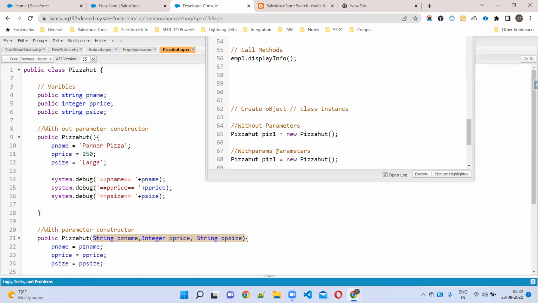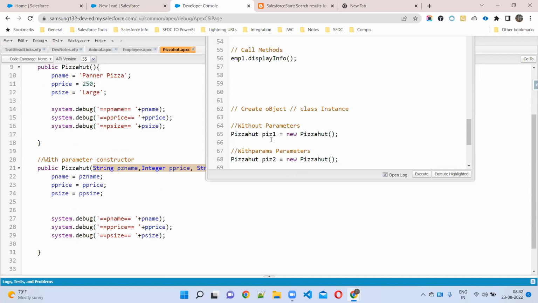So this is pizza 1, and this is pizza 2. In pizza 2, I'll pass parameters. How many parameters are there here? Three. What is the first parameter? Pizza name, a string. Corn pizza.